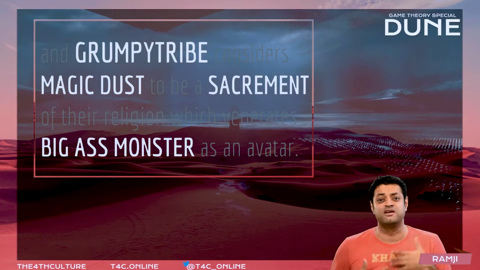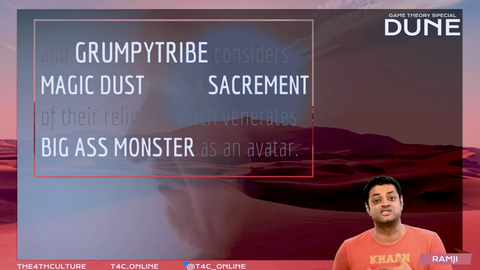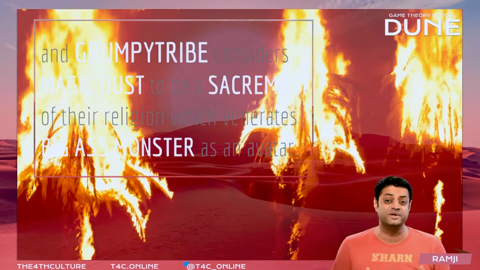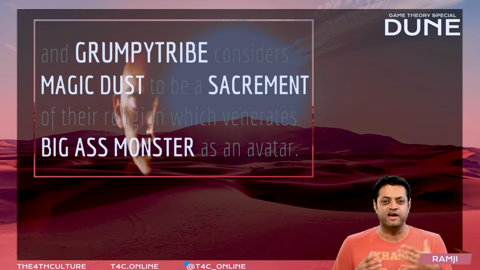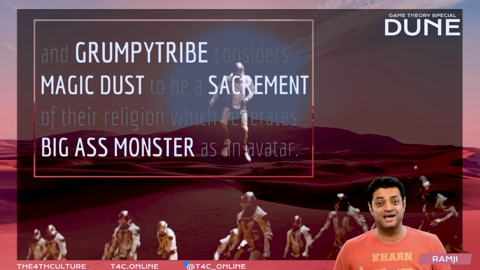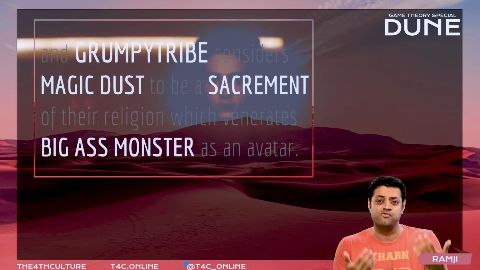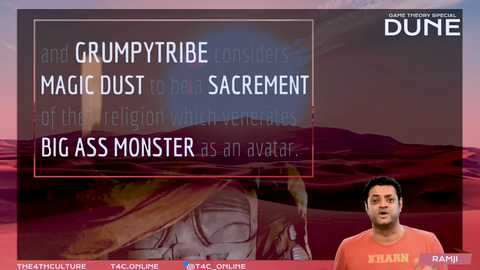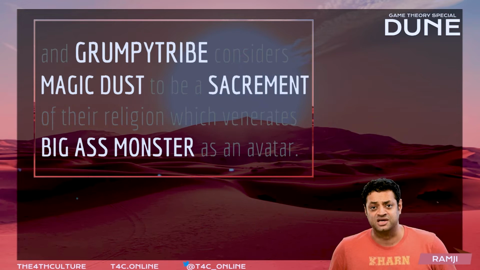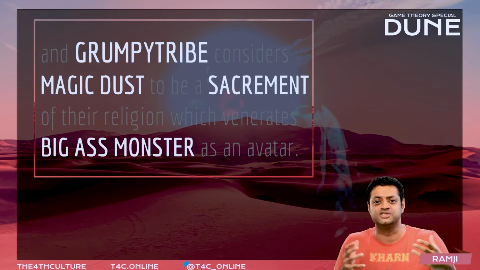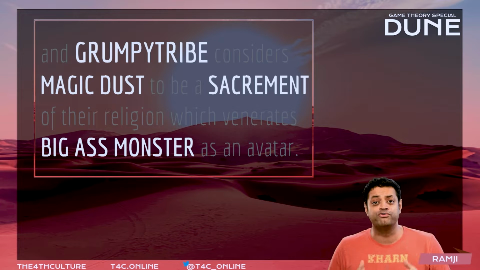Grumpy tribe are the tribe that have learned to survive in this hostile place, in fact arguably learned to prosper, although they're frustrated that they're not able to make it less hostile, because when they do, they run into the Empire, who turns around and goes, no, I need magic dust. And so it creates a tension, a central tension of this particular hostile environment.